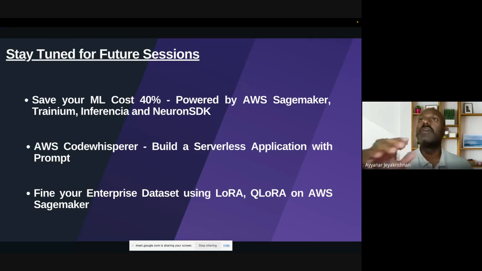Very simple. But rather than completely fine tuning those models, we are only tuning certain parameters with LoRa or QLoRa or SFT. So we are training only particular parameters.